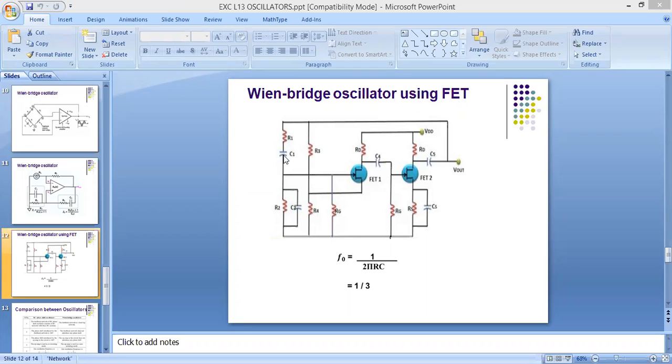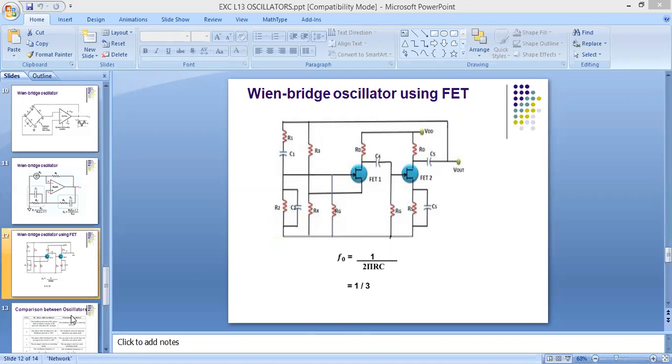So we can use the Wien bridge oscillator to build an amplifier as an oscillator. And to satisfy the Barkhausen criteria, here we are taking a gain of 3. So you will get A into beta equal to 1. So this is the frequency for the Wien bridge oscillator, and beta equals 1 by 3, and A into beta will be 1.